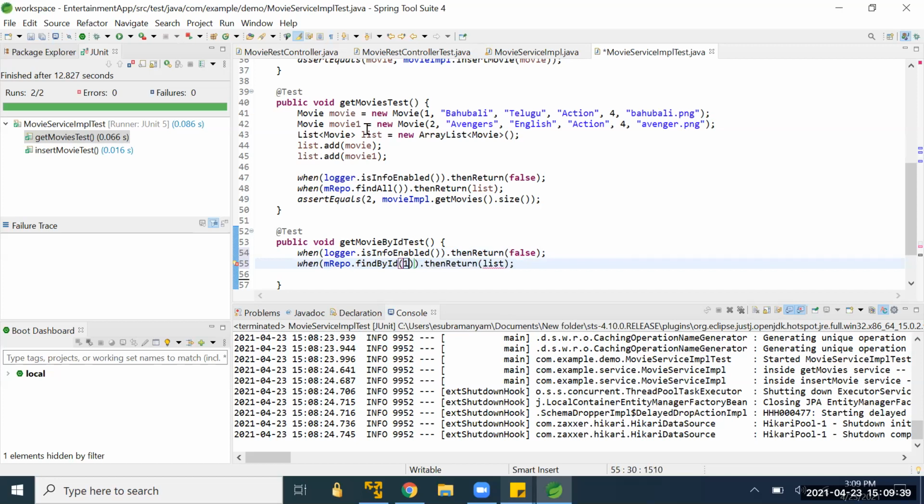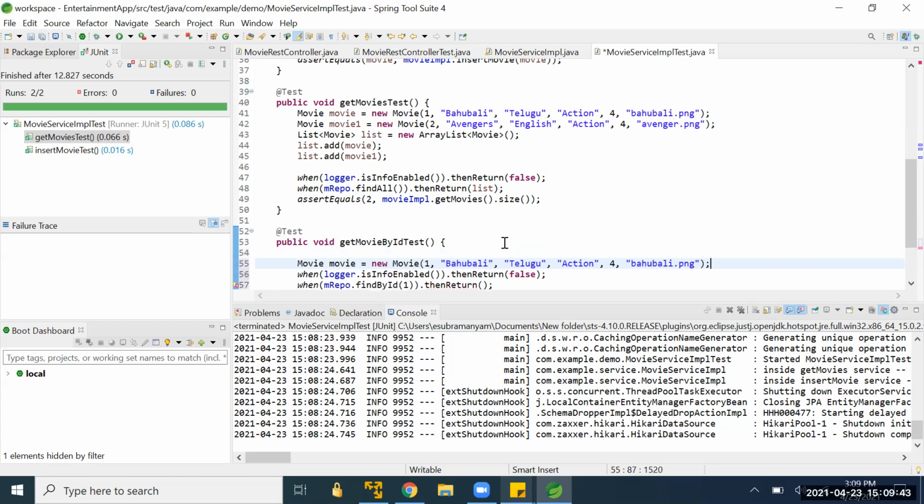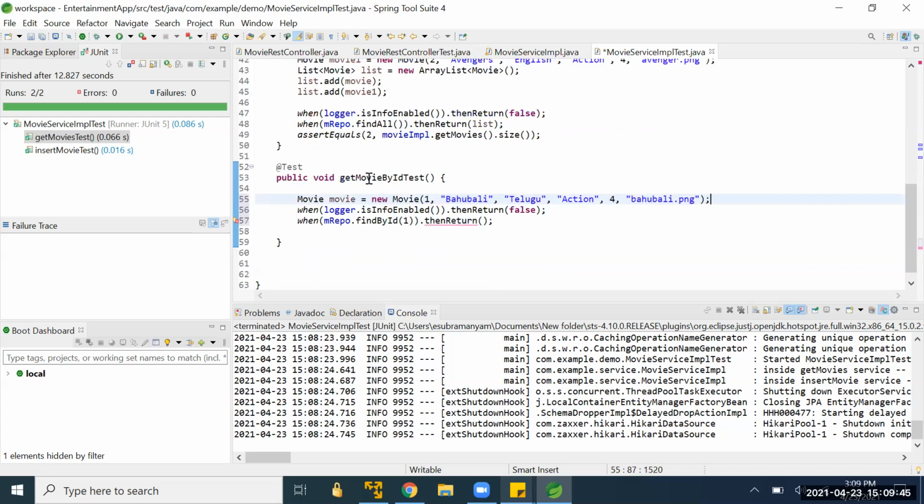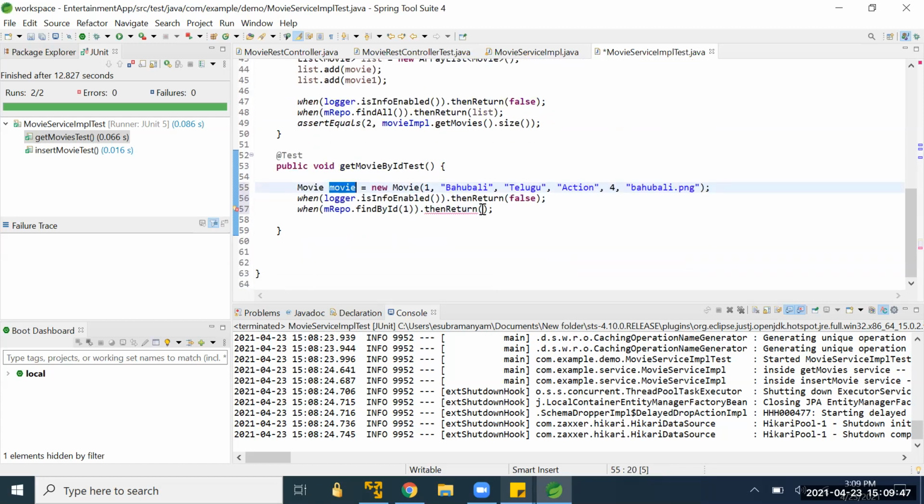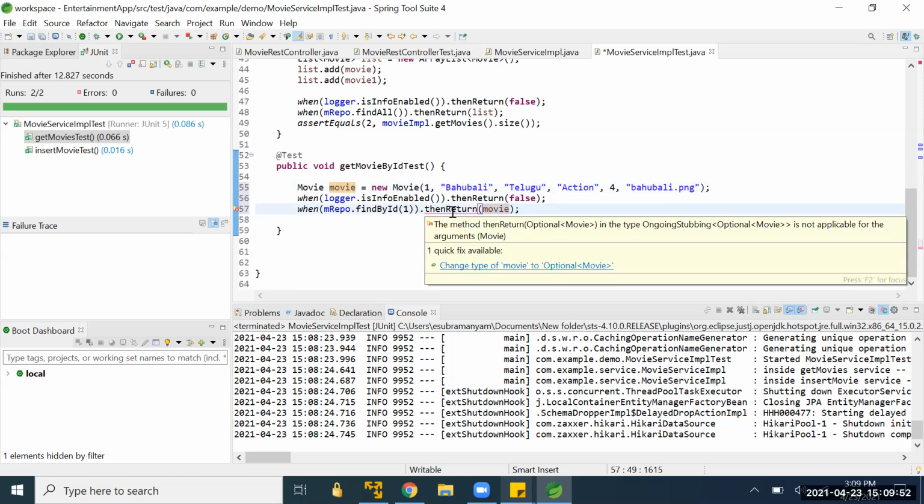Then return. I can create one movie object here. So this is the movie. Then return my movie object. Correct? Wrap with the optional. Okay, one second.